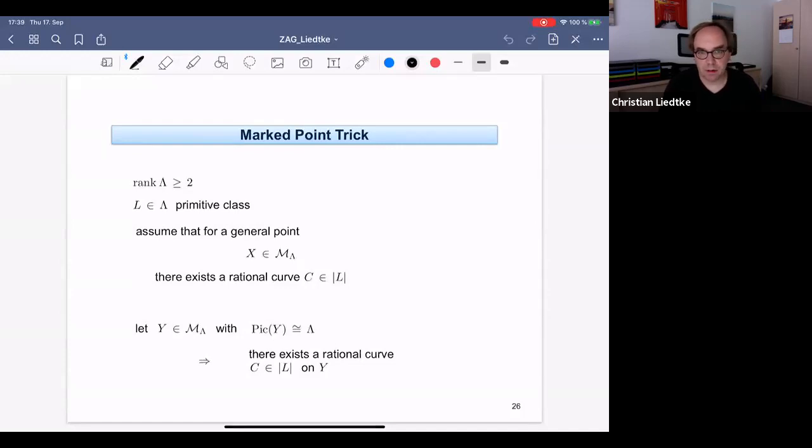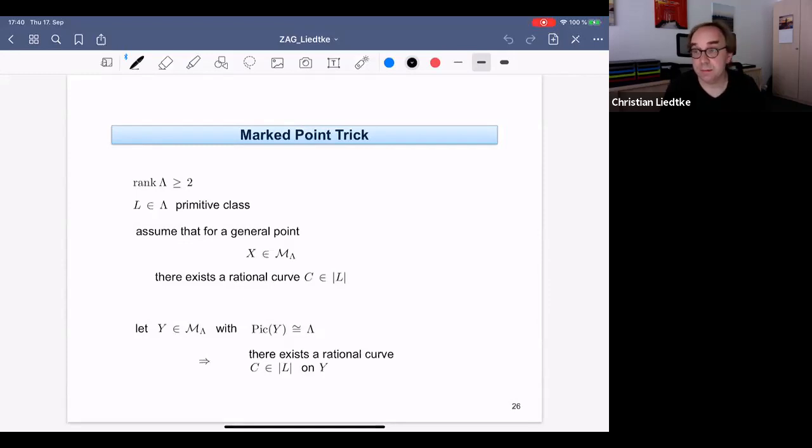Then what we're saying is that if you take a surface inside this moduli space, possibly not general, but such that, I mean, M lambda is to be defined, that lambda is contained primitively in the Picard lattice, such that the Picard lattice is in fact isomorphic to this lambda, then we claim there exists a rational curve